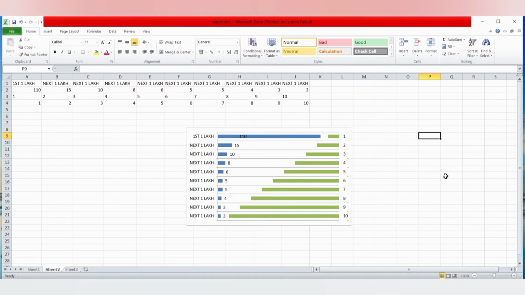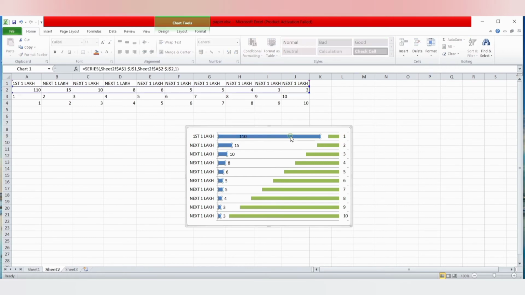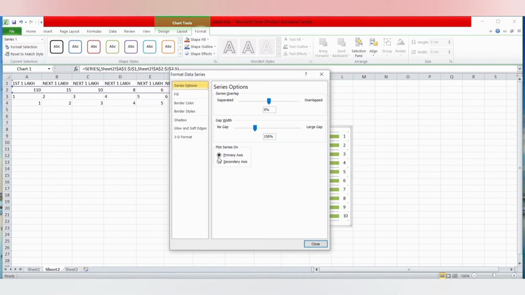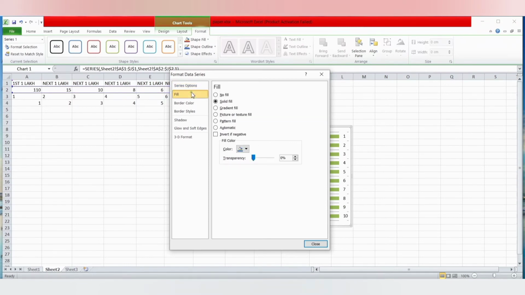Now we are going to format the bar graphs. First we'll select the blue graph, go to Format Selection. In the series options, in the gap width, we'll reduce it to no gap. Now go to Fill, we'll select solid fill, go to colors and give it red.